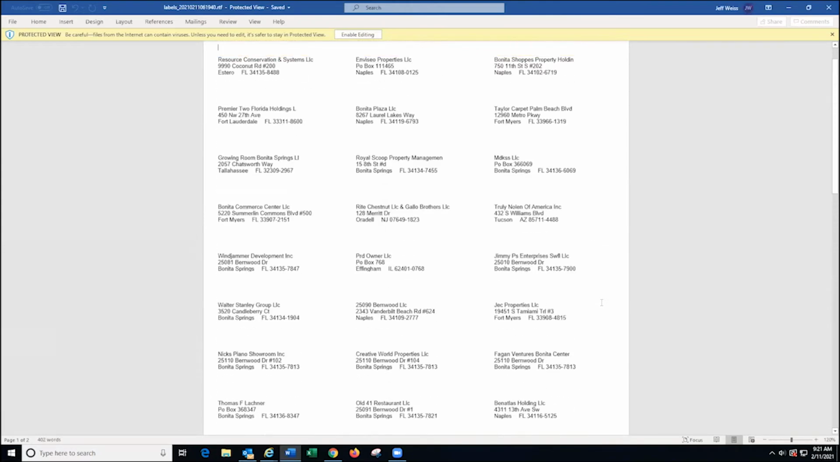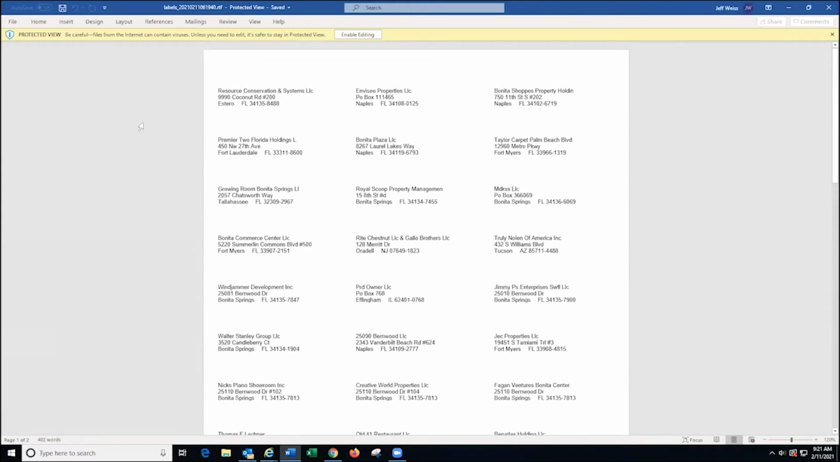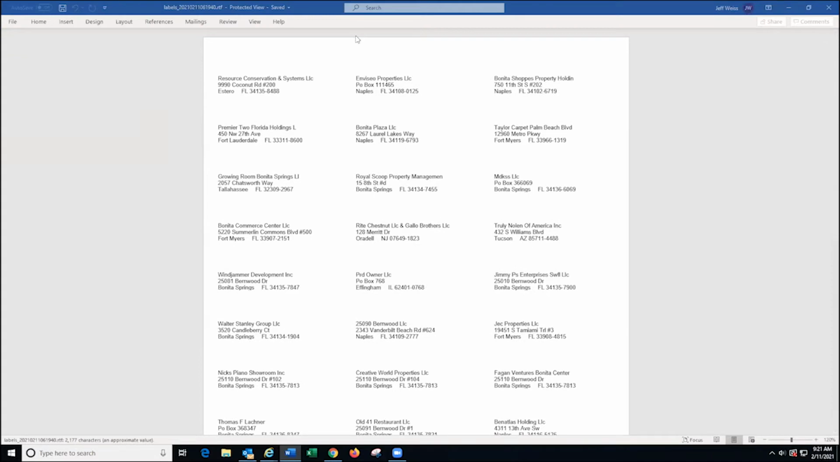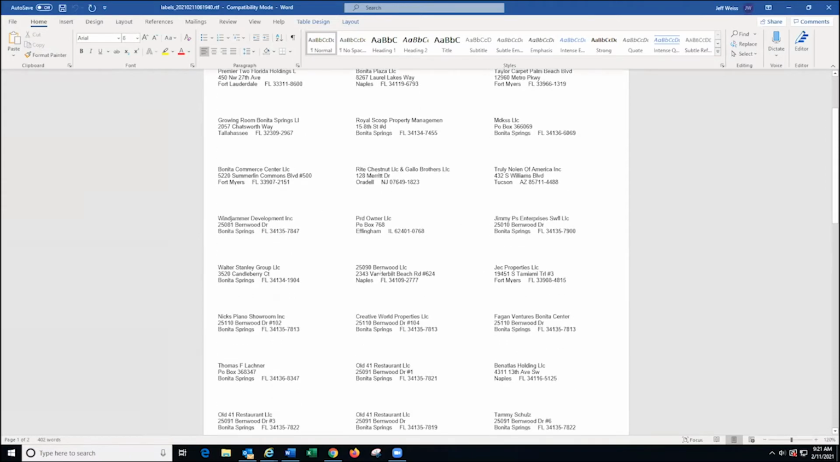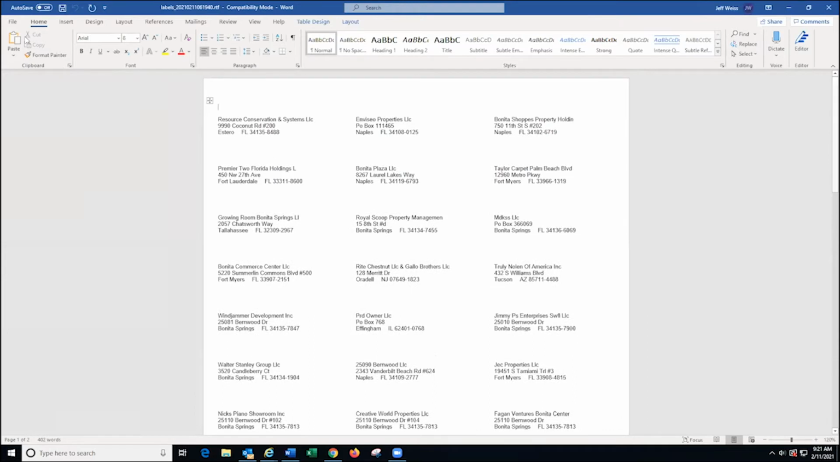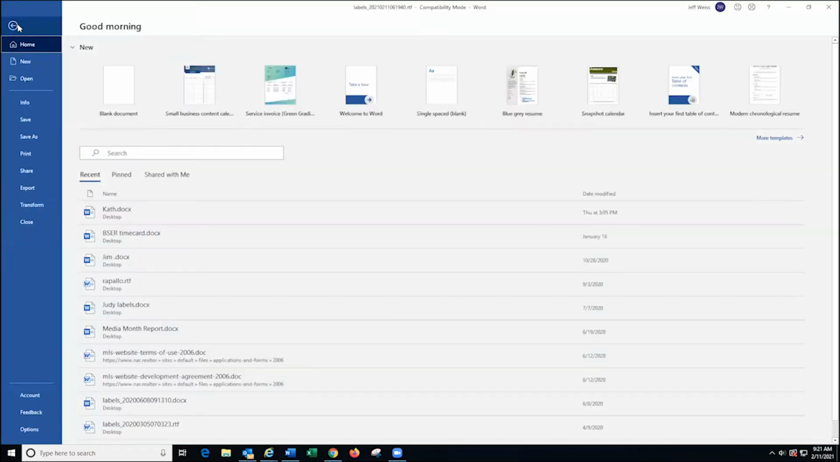So all we have to do at this point to create labels, we have to, in Word, and I believe you also have to do it in Google Docs, enable the editing. And at that point, if you see something that's off, something that's not spelled right, then you can edit that, save it, and then just go up and click on File,